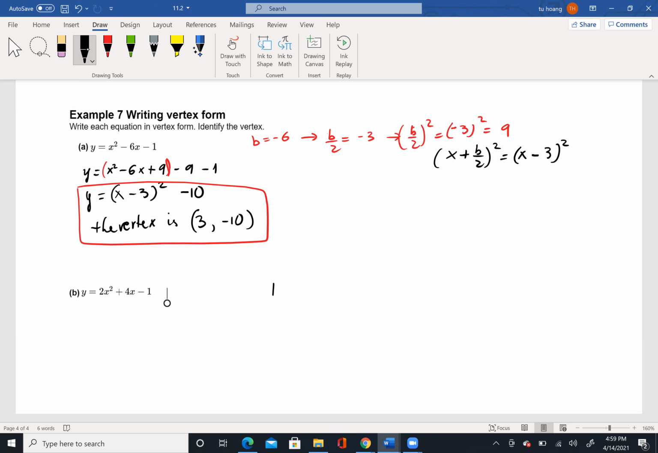Similarly, for this one, I have b equal to 4, right? Then b over 2 is 2, right? Then b over 2 squared is 2 squared, which equals 4. And also, the perfect square form is x plus b over 2 squared, which is x plus 2, everything squared. And now let's write out y equal to